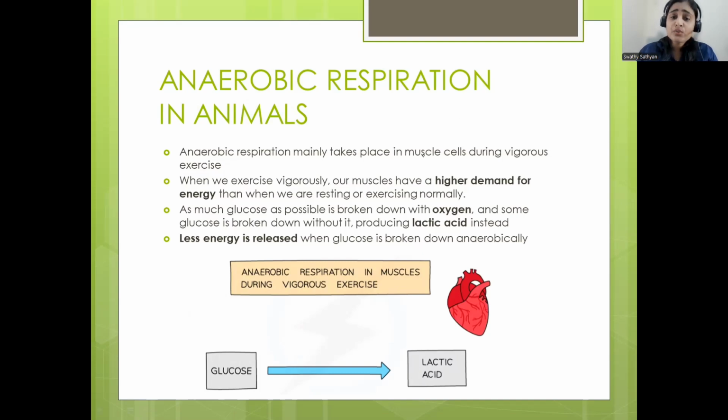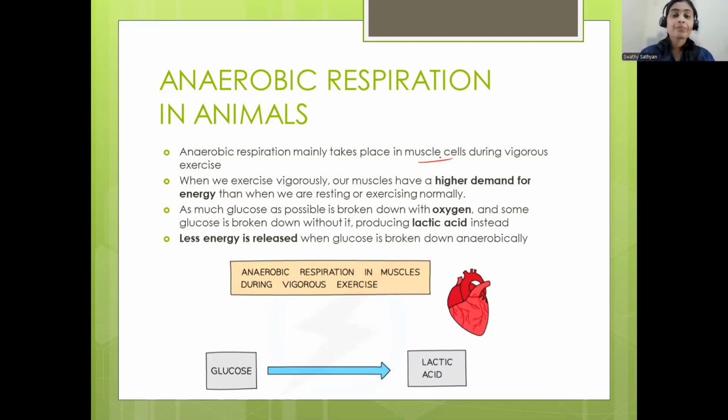Okay, so mainly this anaerobic respiration occurs in the muscle cells. And when does this anaerobic respiration occur? When we are doing a highly strenuous or vigorous exercise. When we are playing cricket or playing football continuously, or if we are continuously doing exercise, anaerobic respiration